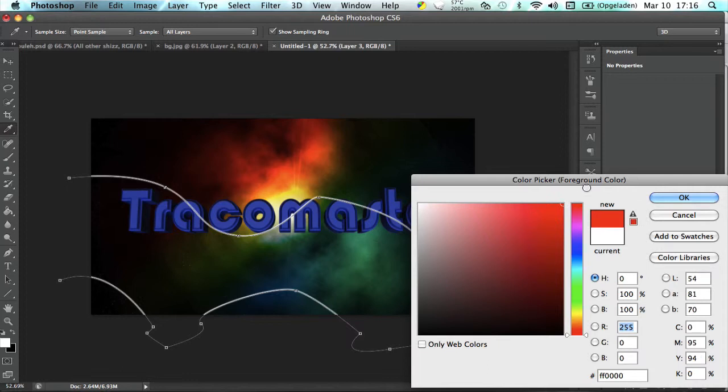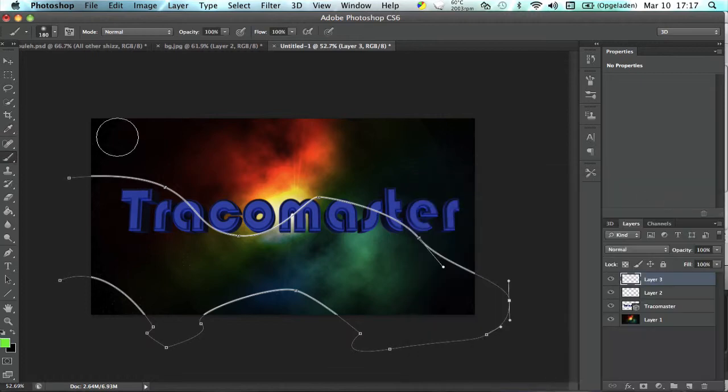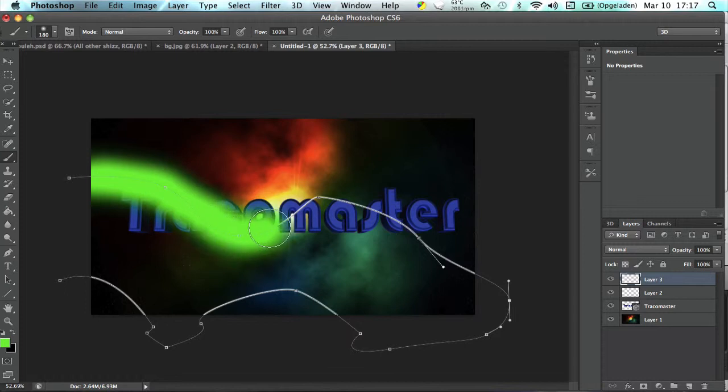Change your foreground color to any color you want. With this one, I actually wonder how green works out. I'm gonna go with this cyan green. If you want it, 00FF00. Now what you want to do is go over the general path here,